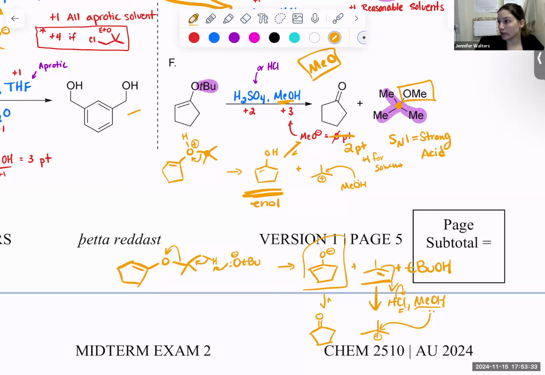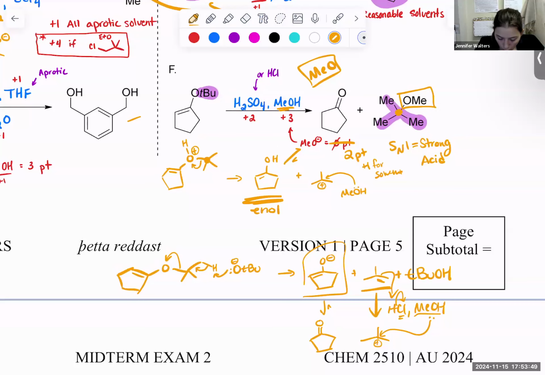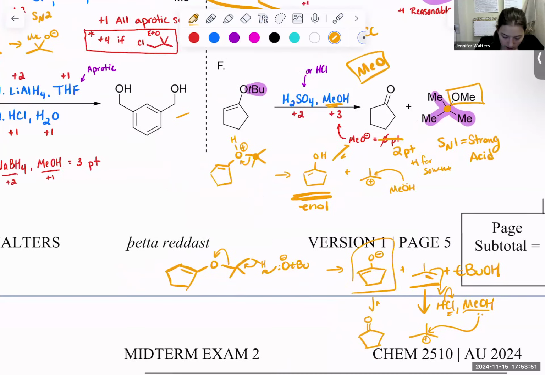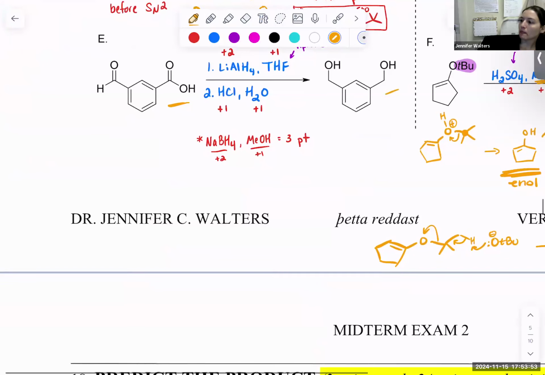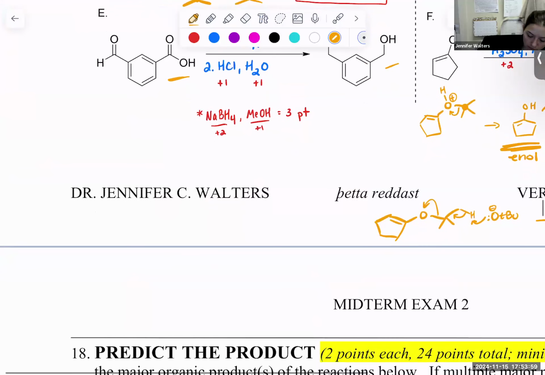So that was 5 points for having that tert-butoxide and tert-butanol or any protic solvent and methanol with hydrochloric acid. The other one that I was also really impressed by the ingenuity of, I'm gonna squeeze it in over here, was if you did HCl and water and then iodomethane and DMSO, because what that does